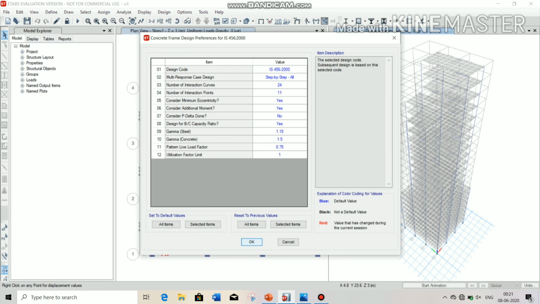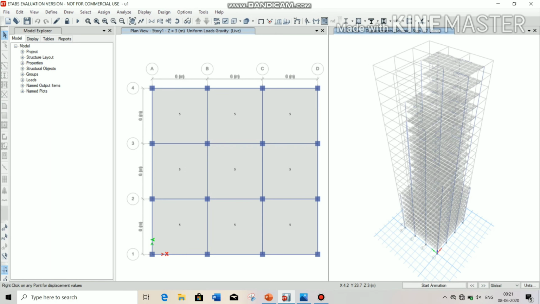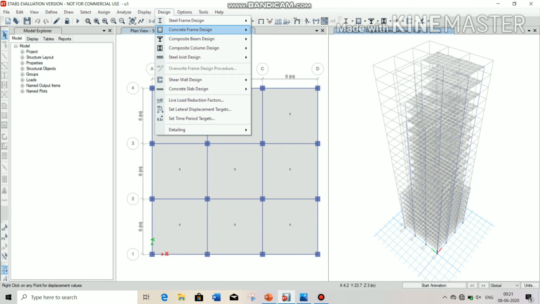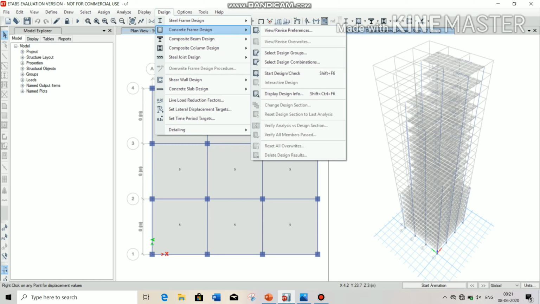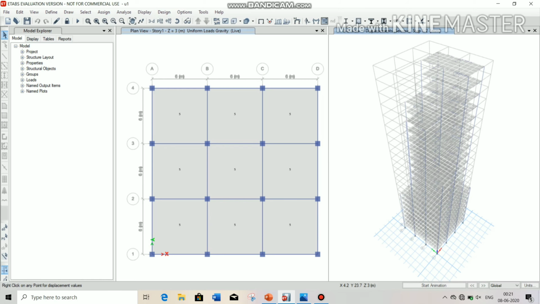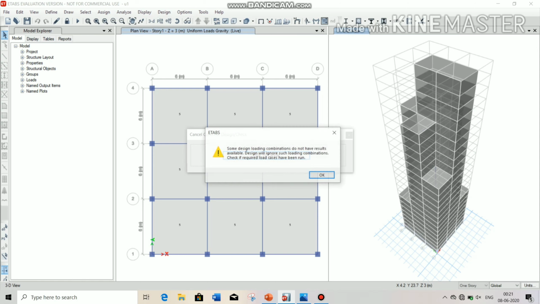Then click on OK and again go to Design, Concrete Frame Design, Start Design/Check. Here some design load combinations do not have results because we ignored the dead load and live load values. It's no issue. Click on OK.